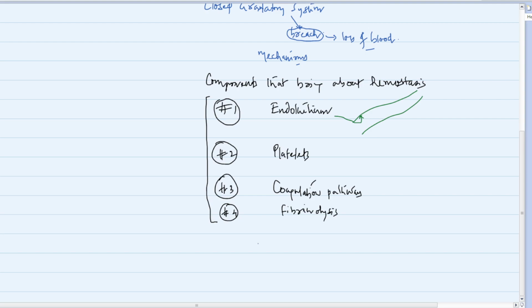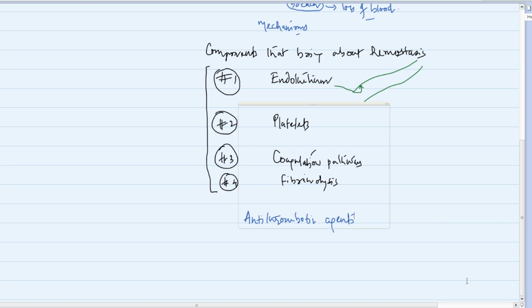Okay, it helps us to understand logically the antithrombotic agents that are used in treatment. So which are these antithrombotic agents? So the antithrombotic agents that we are interested in are the anticoagulants,